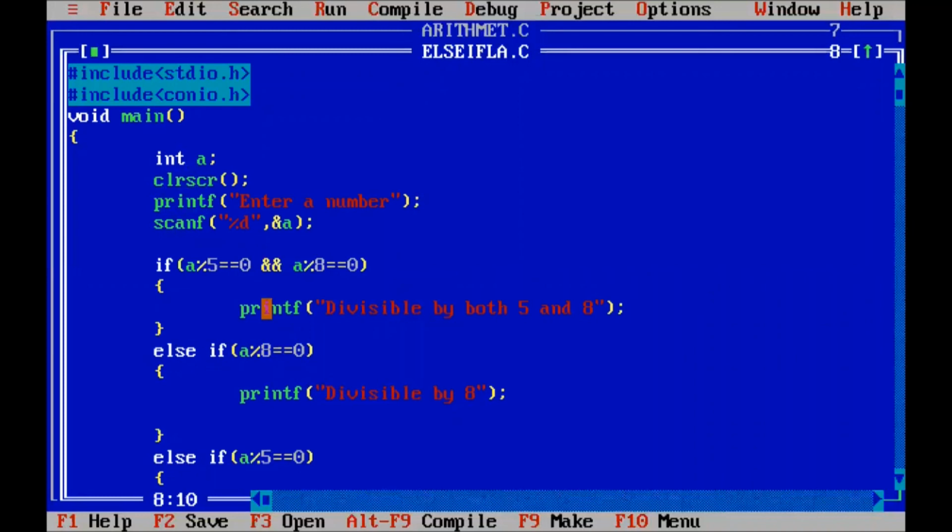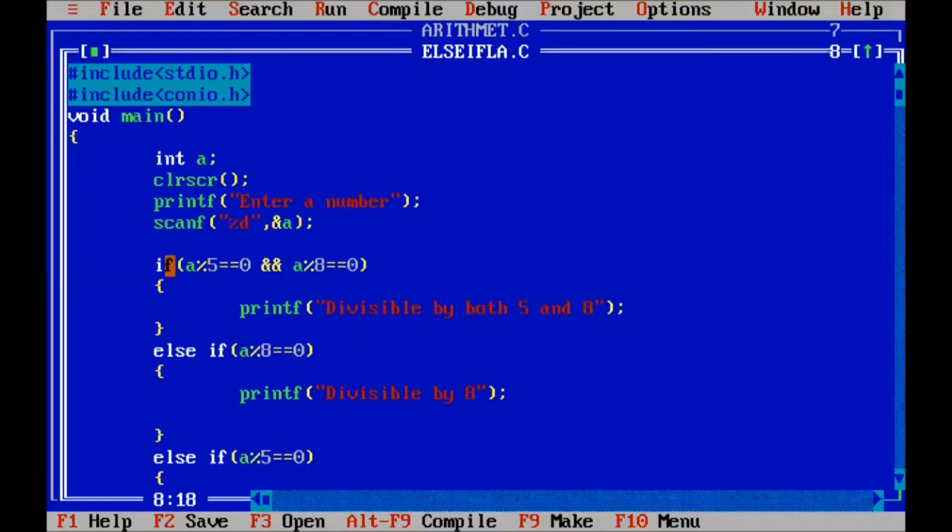Here we take the printf function to print the simple message, enter a number. The scanf function stores a value, and here we check a divisible by 5, and this is logical AND, a divisible by 8. So if both conditions are true, this statement will be executed. If one condition is true and one condition is false, this statement will not execute.